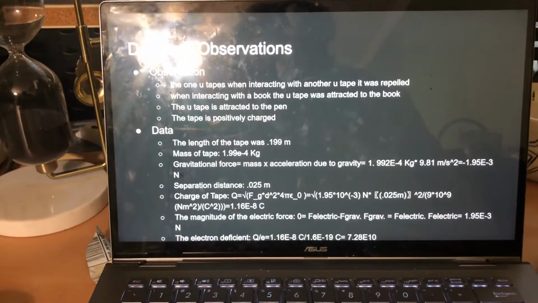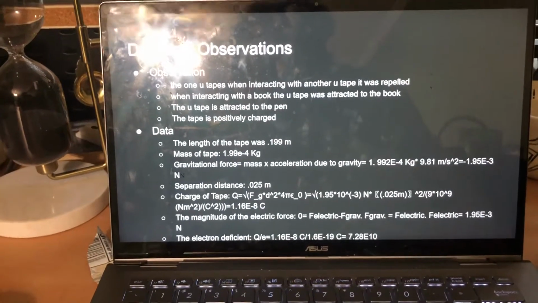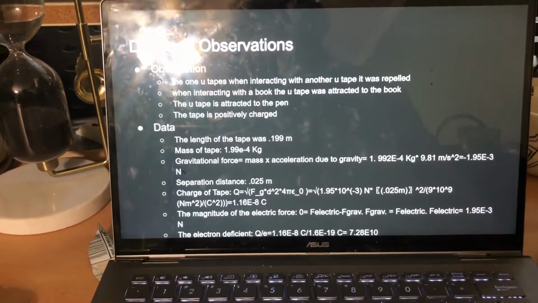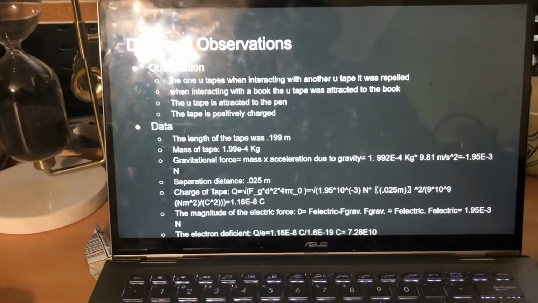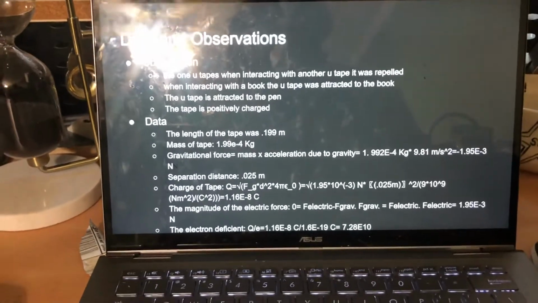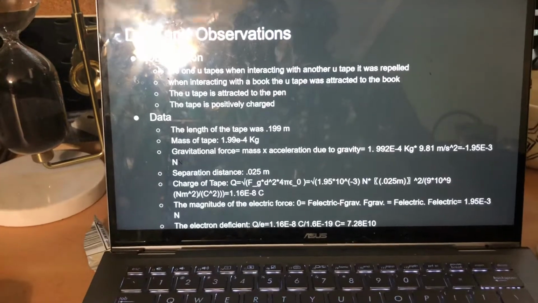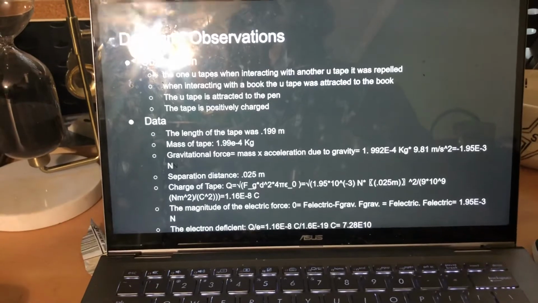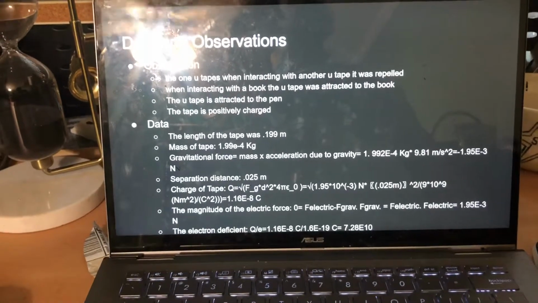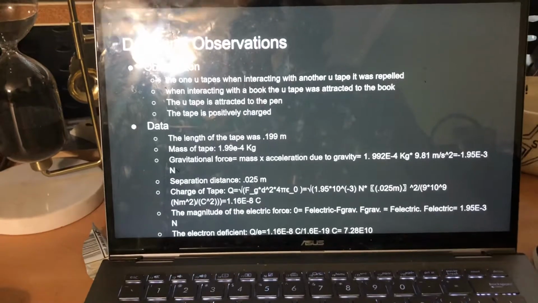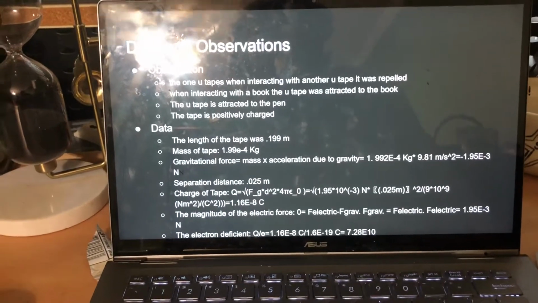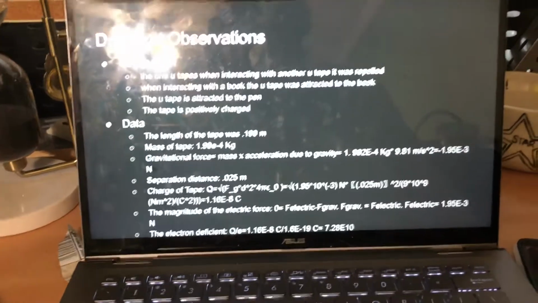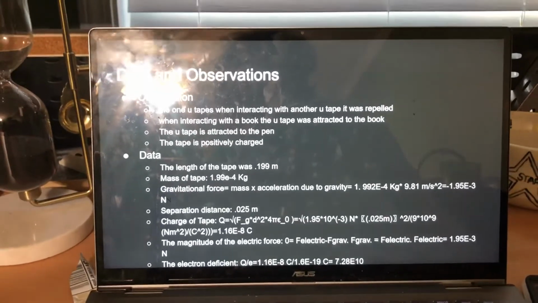In the experiment, the piece of tape was 0.199 meters and had a mass of 1.99 times 10 to the negative 4th kilograms. The gravitational force is equal to mass times acceleration due to gravity, which was equal to 1.99 times 10 to the negative 4th kilograms times 9.81 meters per second squared, which therefore equals negative 1.95 times 10 to the negative 3rd newtons. The separation distance is